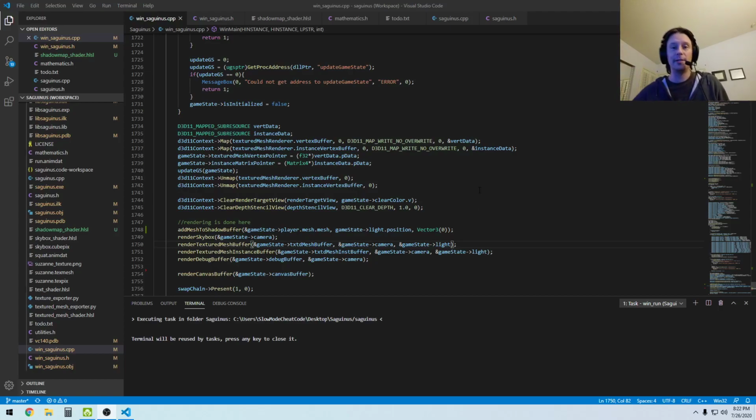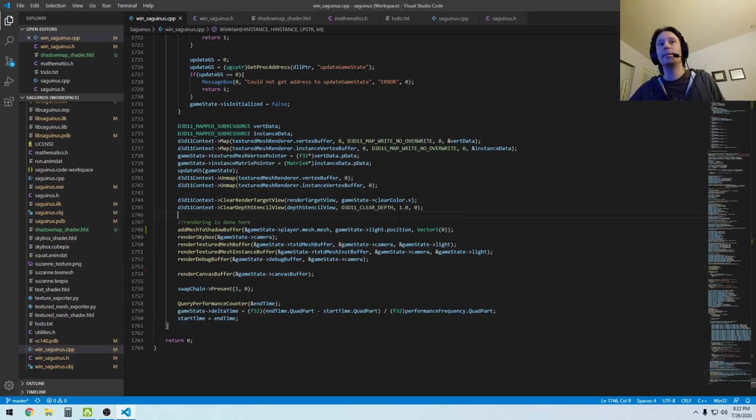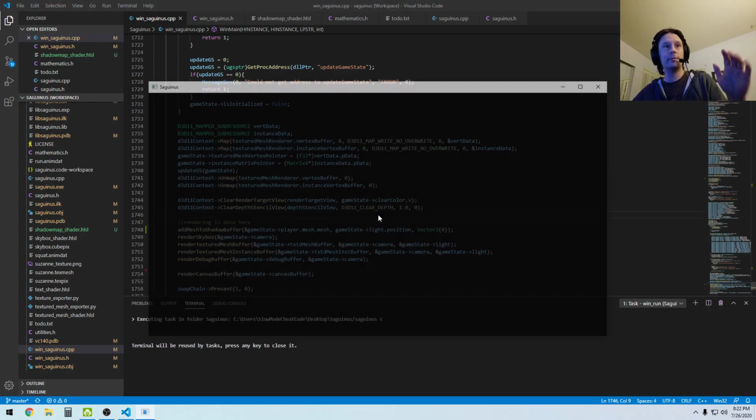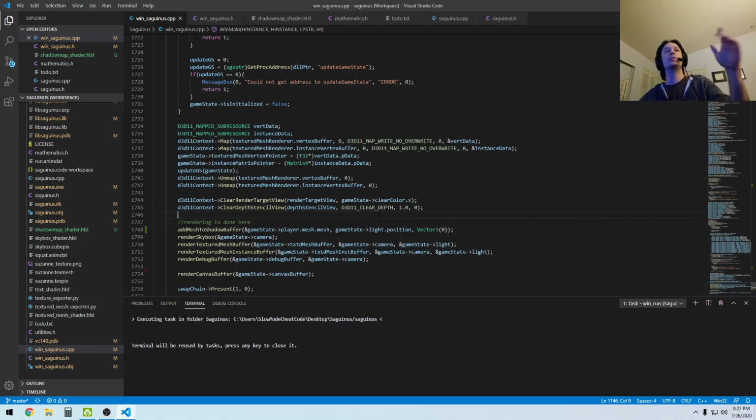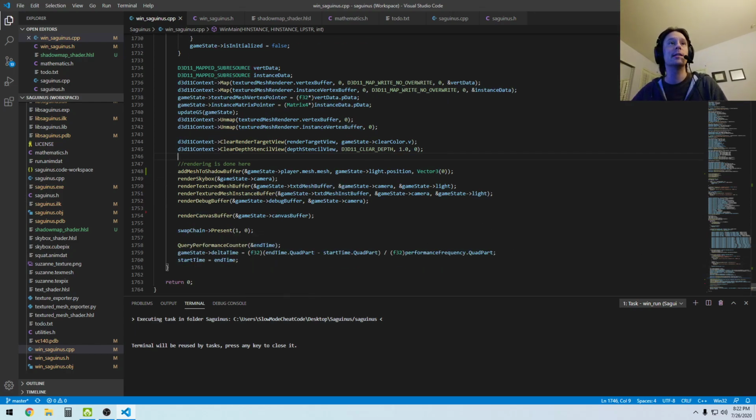Hello everybody. When I left off last time, my game is broke. When I run it, nothing renders. Don't worry, I know pretty much exactly why that is. Here when I'm adding things to my shadow buffer,